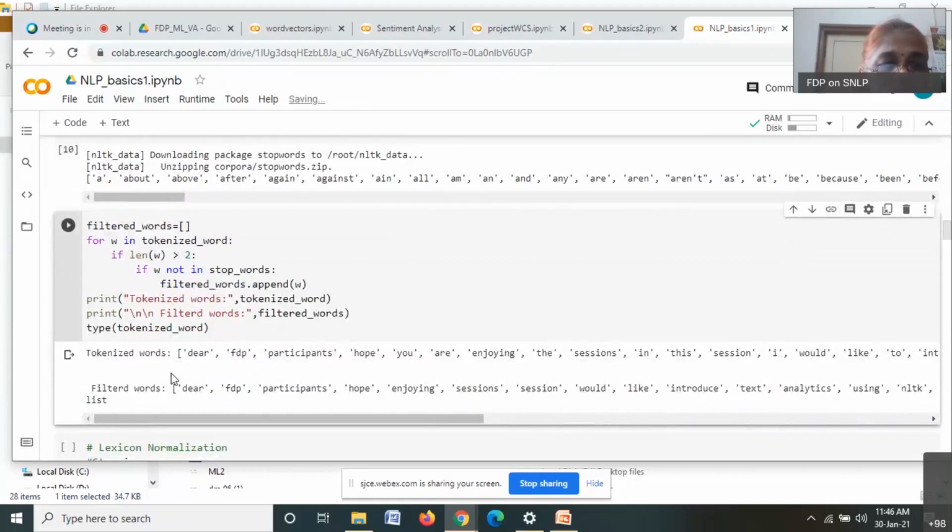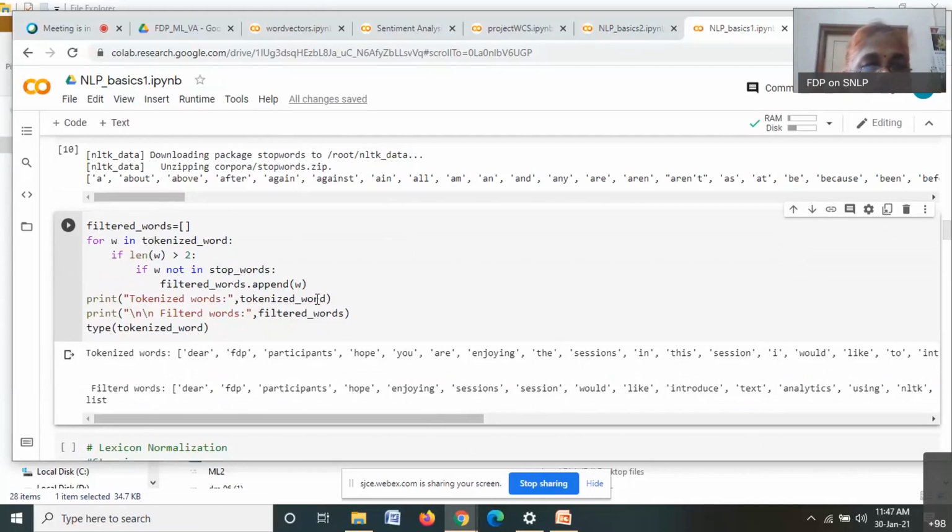So these are the tokenized words, and these are the filtered words. What I am doing here is: filtered words for w in tokenized words, if length of w is greater than 2, only those words are considered. As a result, 'in' is not here, 'I' is not here, '2' is not here, because I am considering words of length greater than 2.